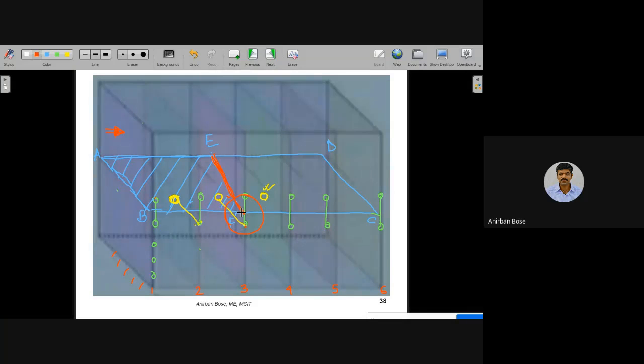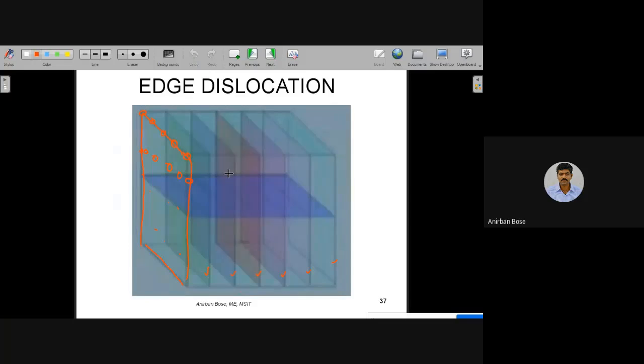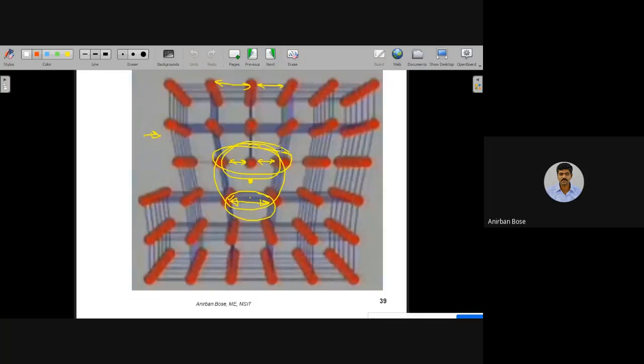So this is a line imperfection, and this is a straight line imperfection. And what is that straight line? That straight line is FE, and this is called edge dislocation. In this diagram, where is the edge dislocation? You can see this is the